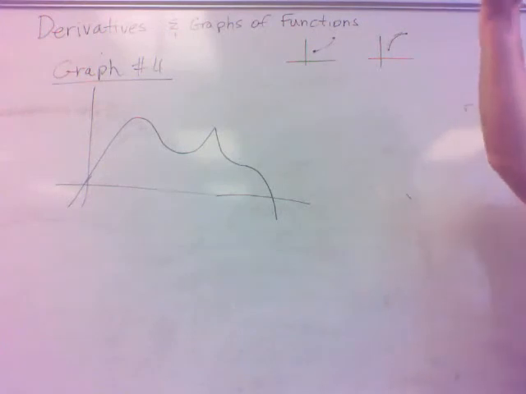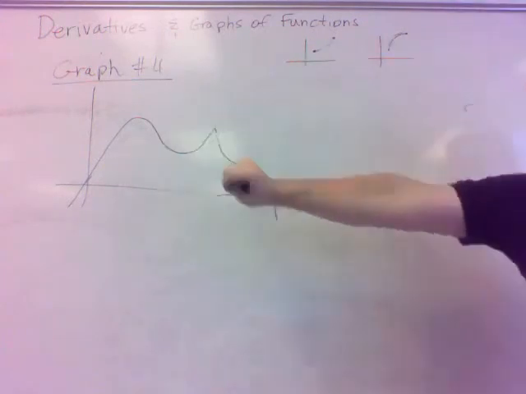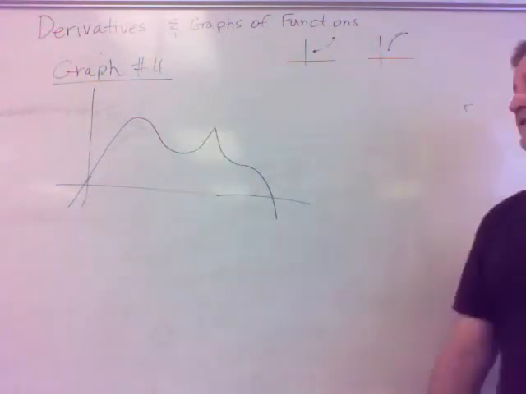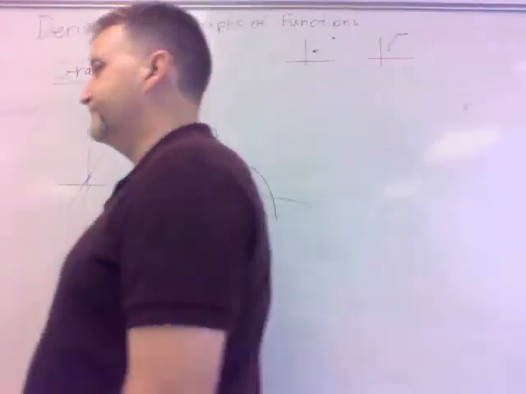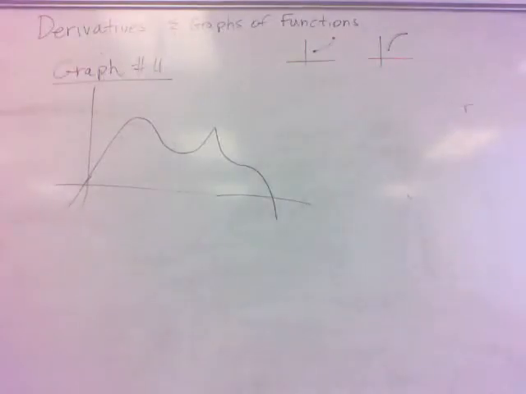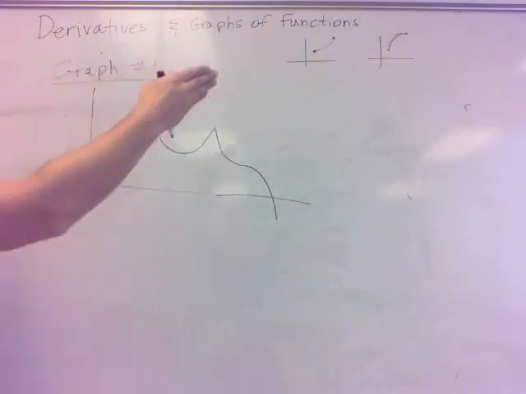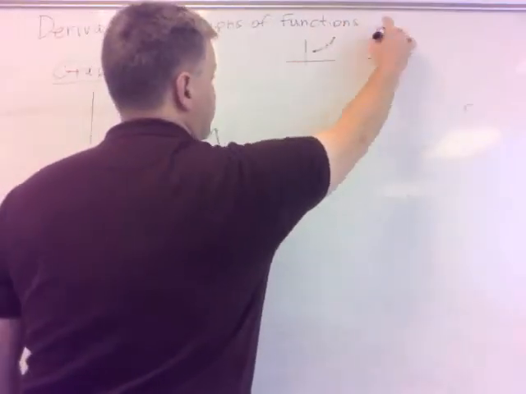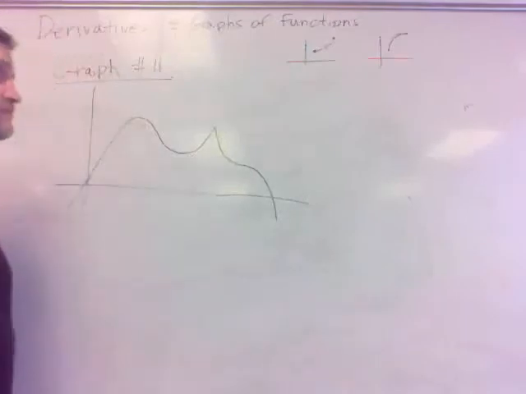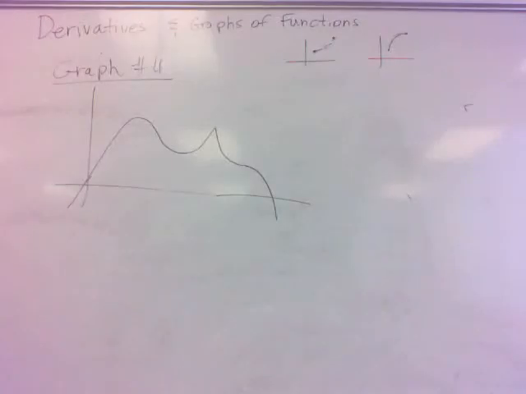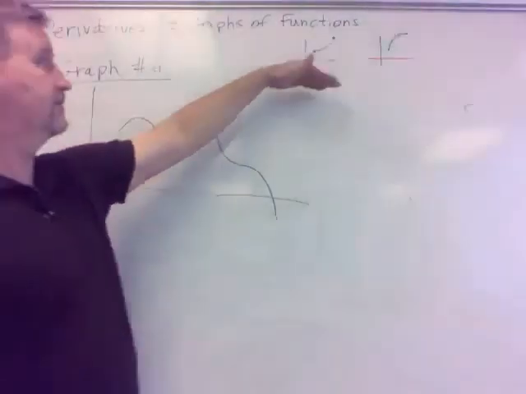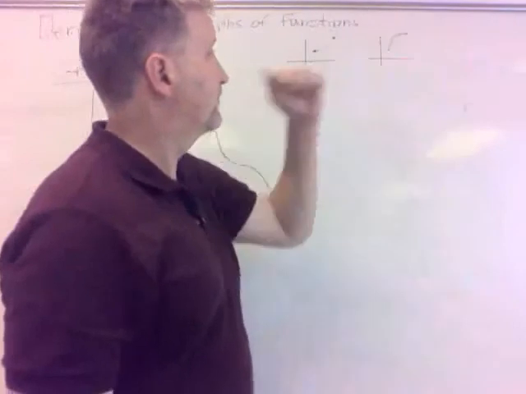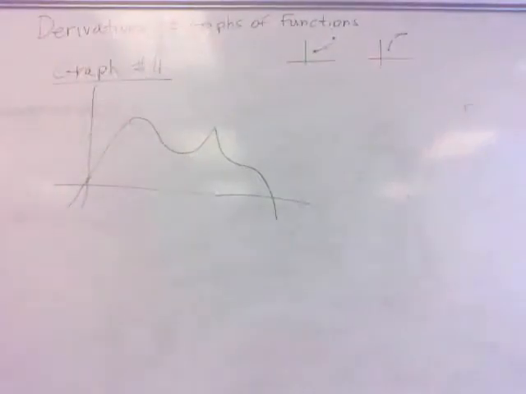So that can help you too when you're just going off of a graph here, identifying concave up or down. Lines of tangent below for concave up, and above for concave down. Okay. All right. So anyway, number 4,